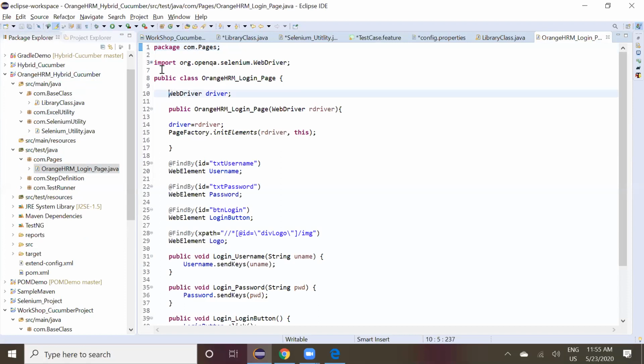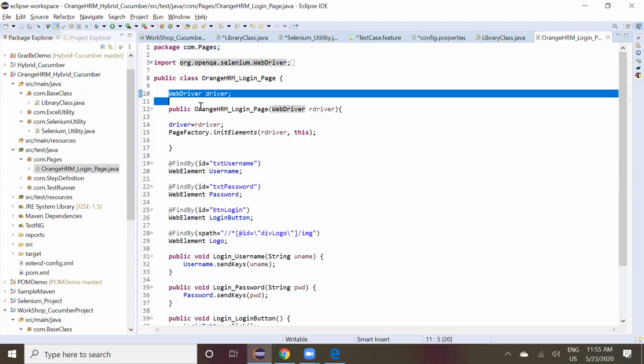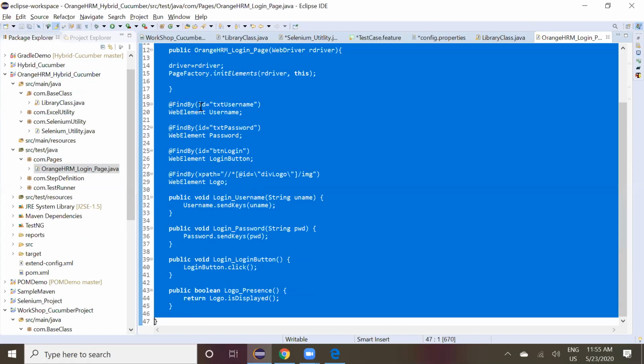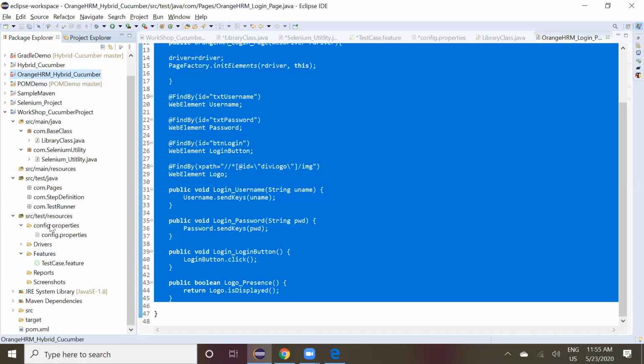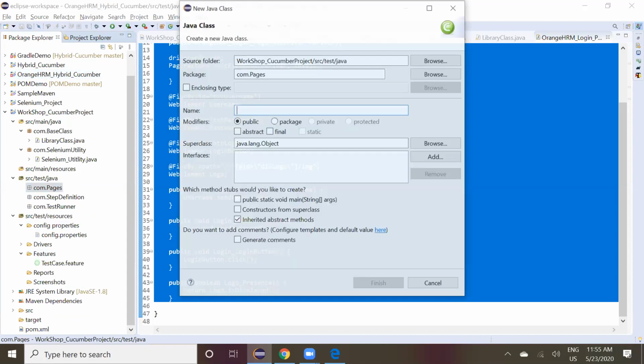Copy the complete code and place it there. Sir, can you explain the test runner once you copy that? We don't do the test runner, we are doing only pages here. Okay, sure. Thanks, sir.